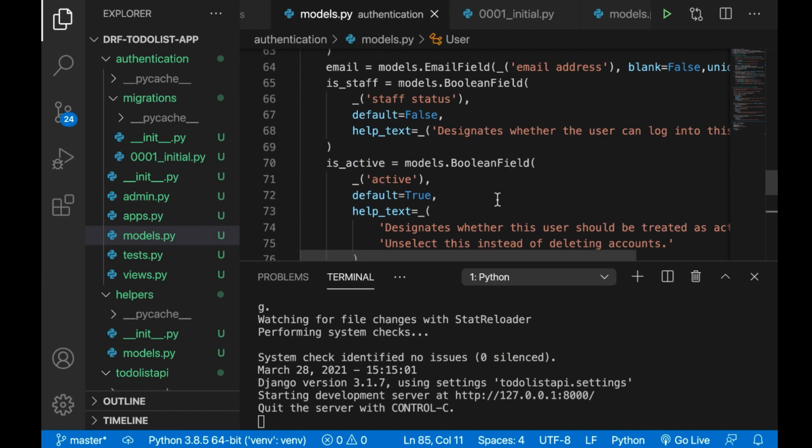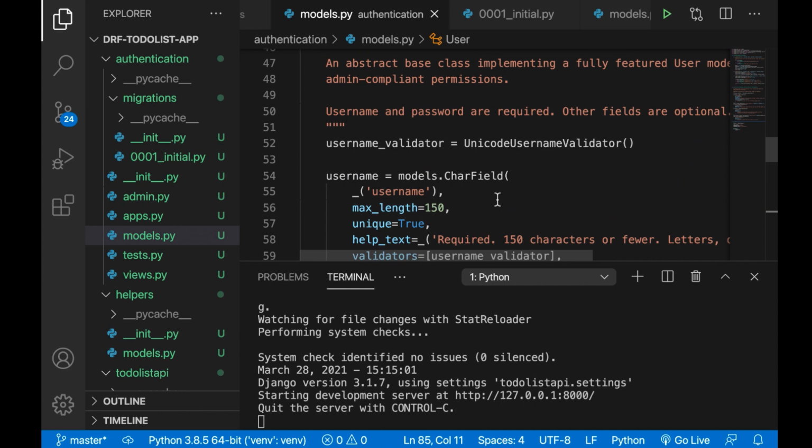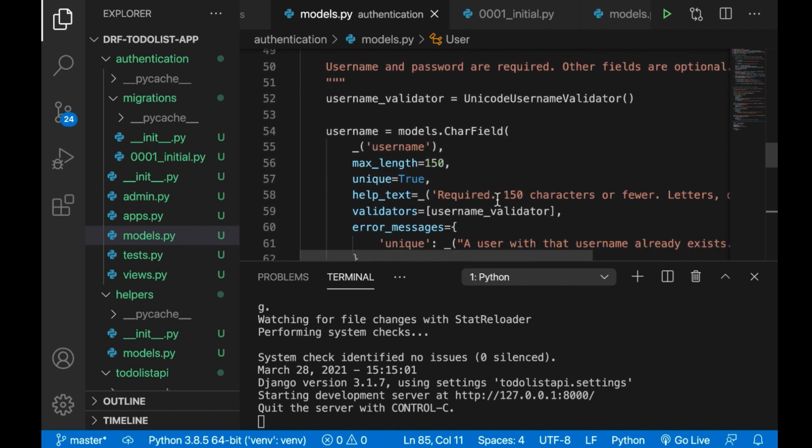Now that we have set up our custom user model, that means that we have introduced new code to the code base. So every time we introduce new code, we need to maintain that code. And to maintain it, we really need to have specific ways in place to make sure that the code we have written is working properly and can be maintained in the long run. So basically, maintaining means it can be changed with flexibility in the future. It can be added to, and things can be removed without breaking the core functionality that code should be doing. So what we're going to do now is add unit tests to verify that what we wrote was working, and also to make sure that it can be safely changed in the future without